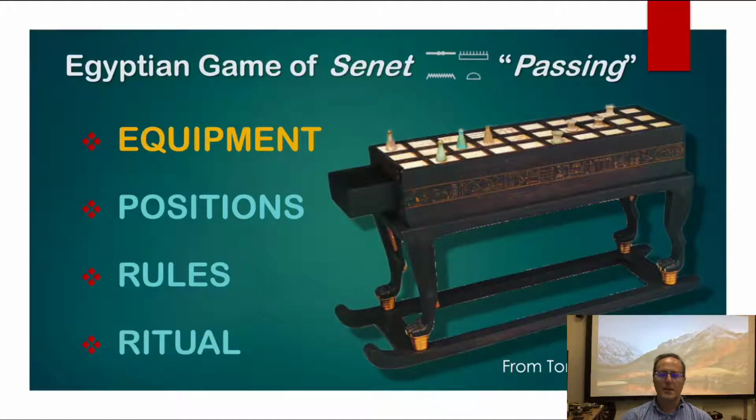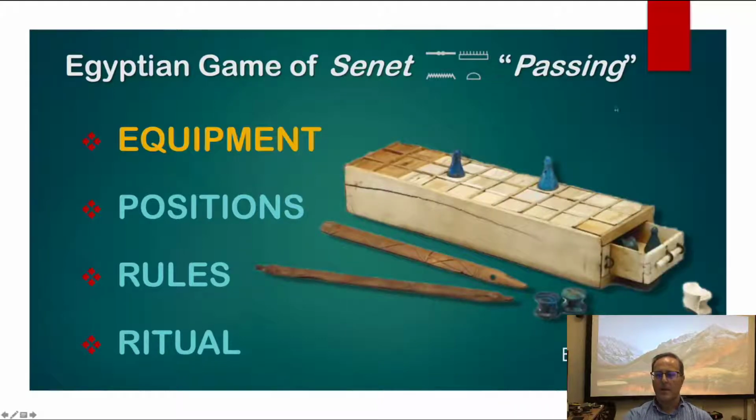Now, in Egypt, the game associated with the afterlife was called senet, or passing. The equipment consisted of a board with 30 squares, and one would travel up one side, down the middle, and then back the other side in an S fashion. These could be beautiful deluxe ones like we see here from the tomb of King Tut. The pieces are usually of 2 different types, and those would be placed alternating on the board. There were also these throwing sticks here, which are often shaped like fingers, even with fingernails at the end, or you could use knuckle bones as dice.